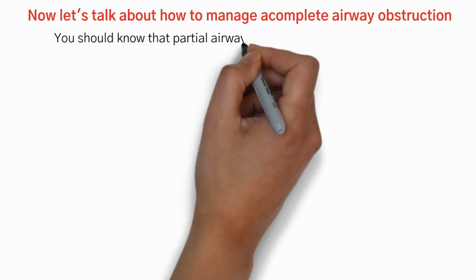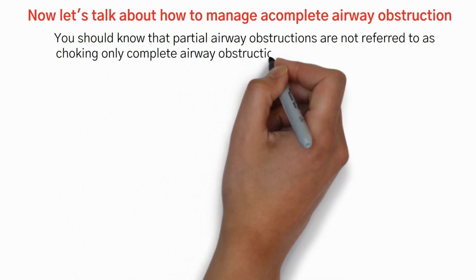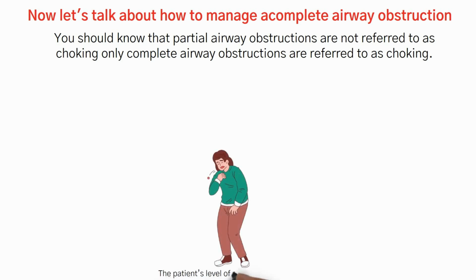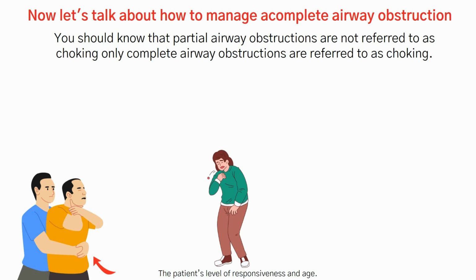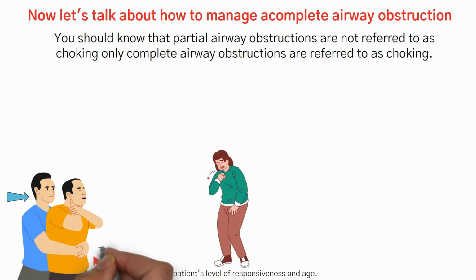Now let's talk about how to manage a complete airway obstruction. You should know that partial airway obstructions are not referred to as choking. Only complete airway obstructions are truly referred to as choking. The proper management of a complete airway obstruction depends on the patient's level of responsiveness and age. For a conscious and responsive adult or child with a complete airway obstruction, perform abdominal thrusts by standing behind the patient, placing a fist just above the navel, and delivering quick upward thrusts until the obstruction is relieved or the